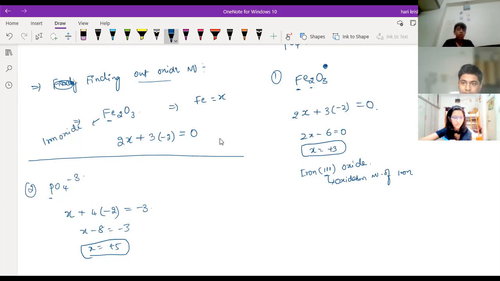It can form +5 bonds around it, or it can show the -3 charge also. +5 or -3, right? 15th group, 16th group, +6 or -2. 17th group, +7 or -1, like this. So, sir, according to the convenience of an atom, it will gain or lose the electron, or it will share the electrons also, right? So the higher number is for sharing and the lesser number is for losing, right?